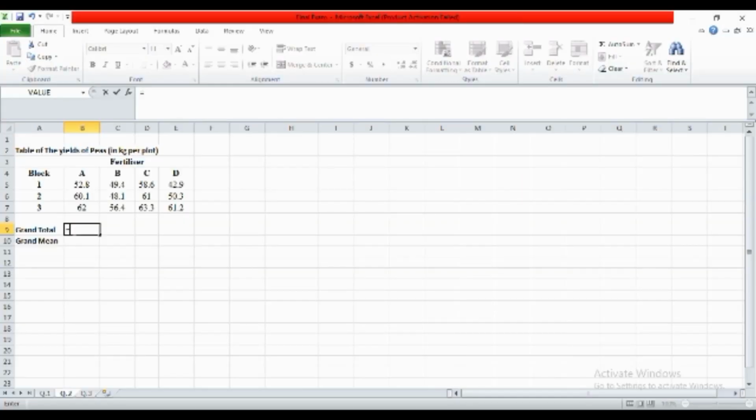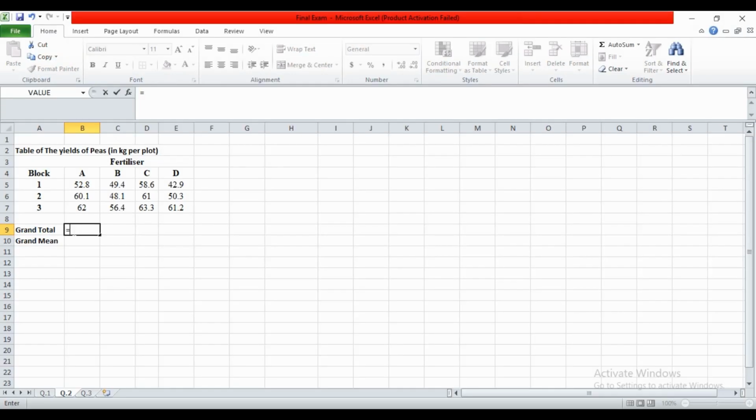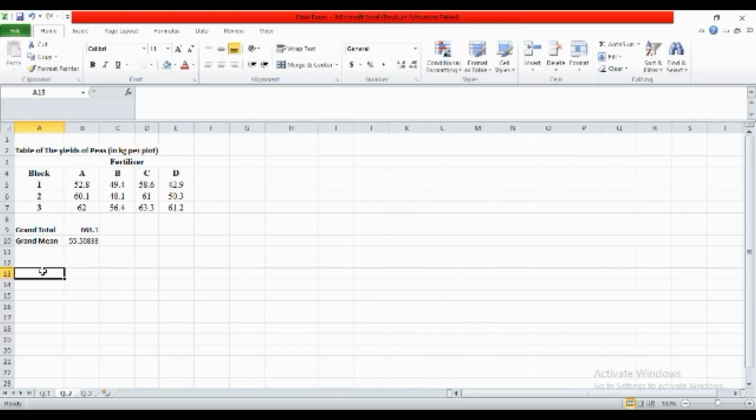Next, we move to Excel. Put the table from the question into Excel. Next, calculate the grand total by summing all data in the table. So, the grand total is 666.1. And calculate the grand mean with the formula grand total divided by n, where n is the number of data. So, the grand mean is 666.1 divided by 12. And the result is